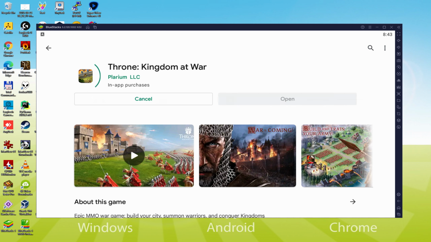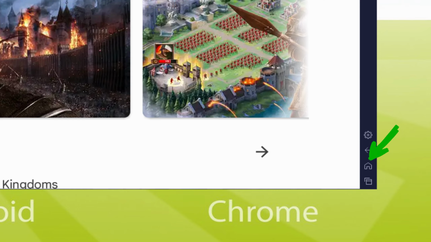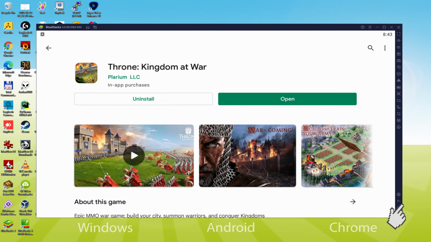That click will begin the software installation. At this time it is going to download on your desktop or laptop and set up the Android game. It could take some time or it might well be extremely fast. This all is determined by our own internet access. This has by then ended setting up. It's time to go back to the emulator desktop by hitting this particular option I'm presenting in green. That allows you to use Throne Kingdom at War for the first time.